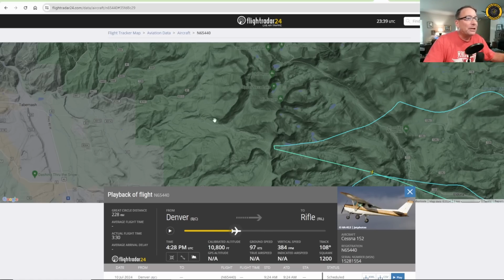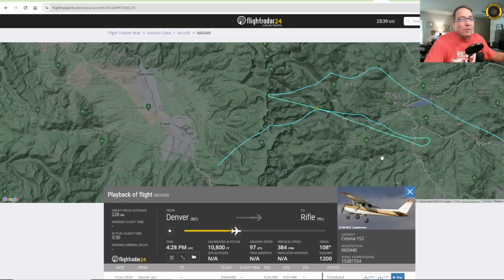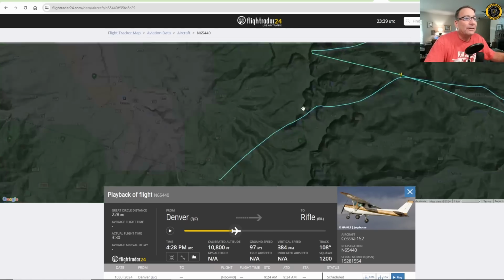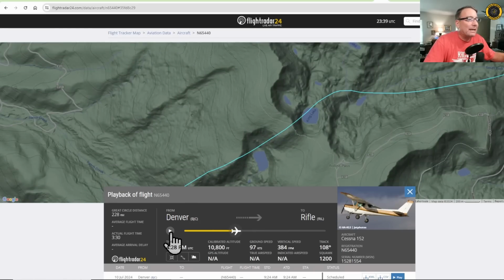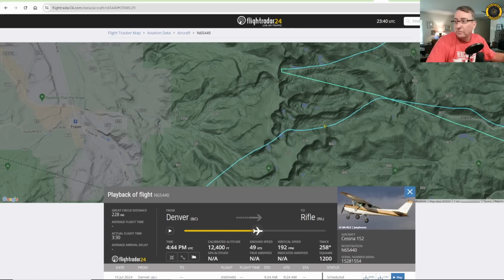And the most amazing thing to me is that he goes back and does it again. He didn't learn his lesson. No, he turns around right over here by Rawlinsville and attempts to cross the mountains again. Let's see at what altitude he crosses the mountains over here. He now attempts Rawlins Pass, which is at about 12,000 feet, and this time he's approaching it at 12,500 feet,